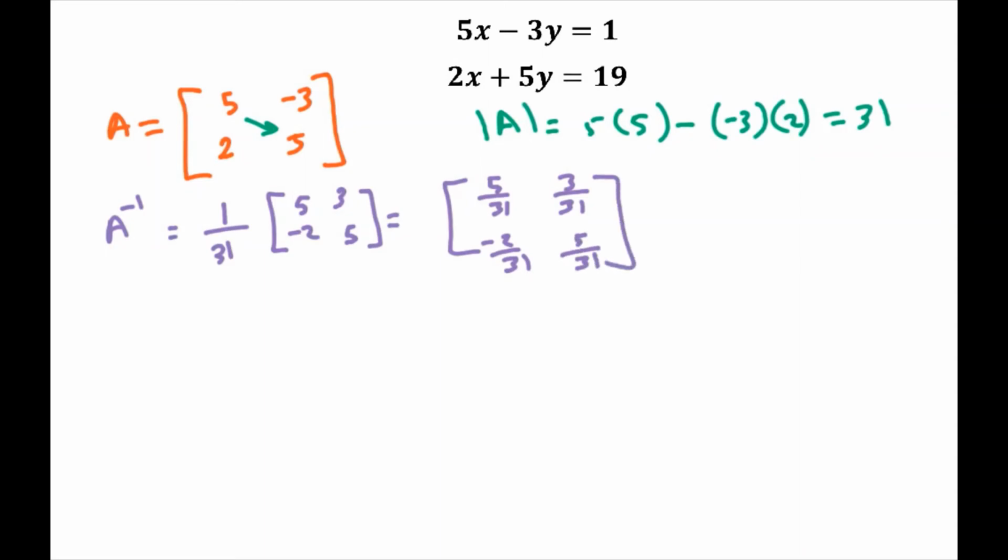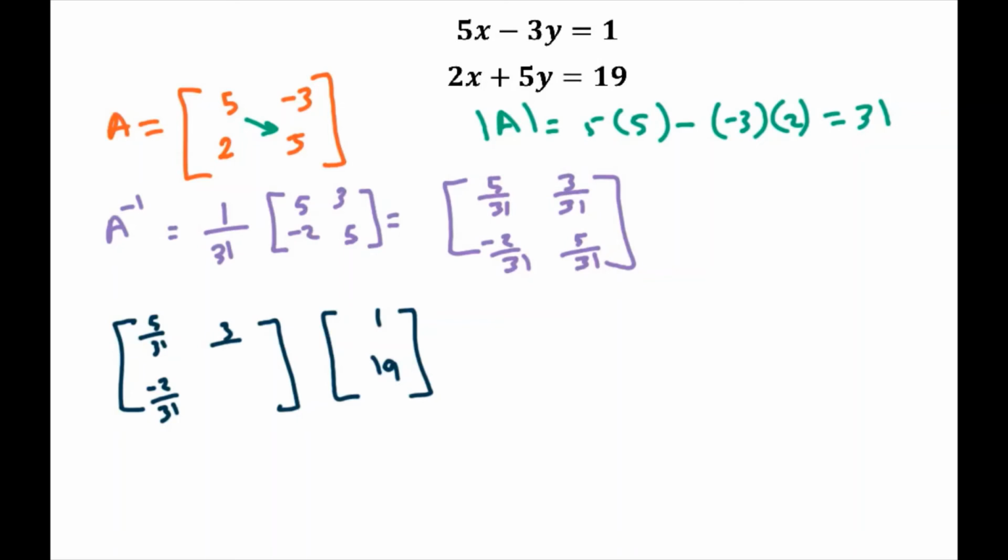And then you will multiply this matrix by the constant matrix, which is 1 and 19. And that's going to be equal to